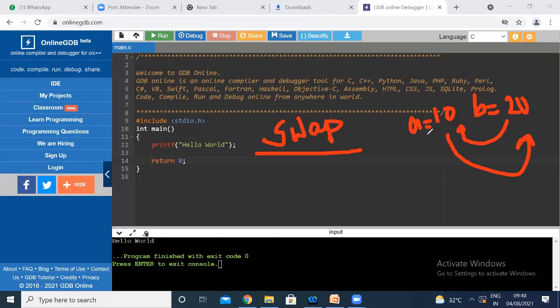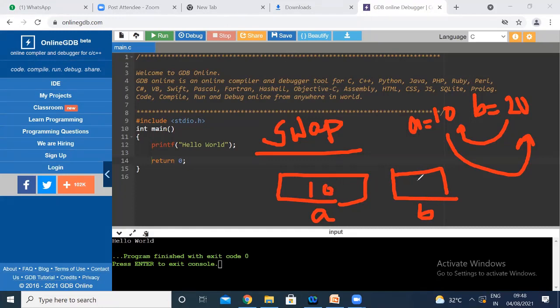See, whenever you declare a variable, there is a memory location. Here you have A, and here B. In A you have the value 10 and in this location you have the value 20. Now what do we have to do to interchange the values of A and B?